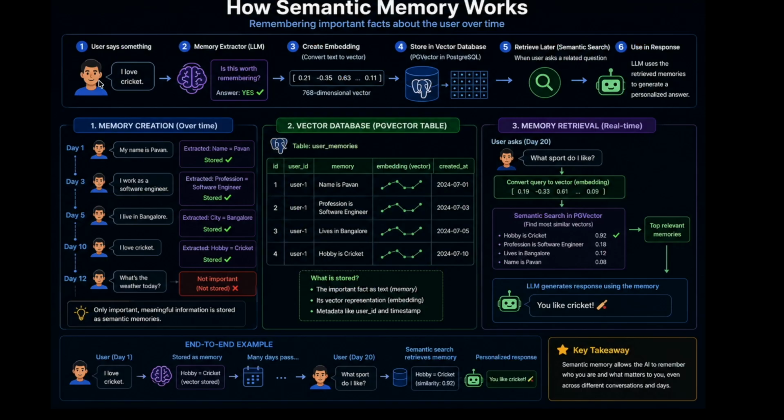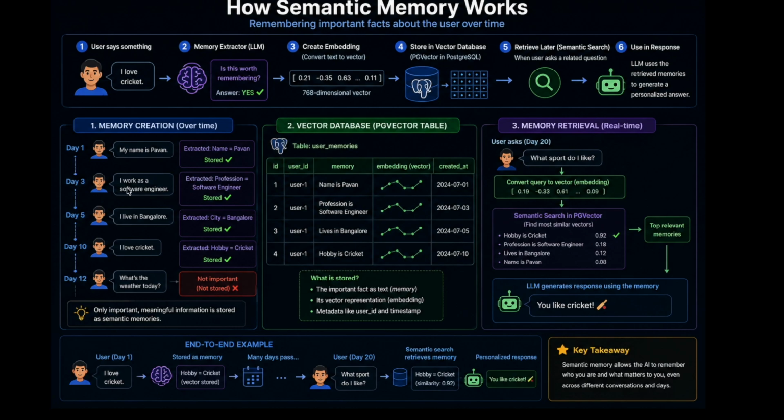Let's see in detail. As a user, if I say that I love cricket, memory extracts this particular information, that is nothing but the LLM, and it checks whether it is worth saving, whether it is worth remembering. If the answer comes as yes, then it will create the embeddings for the message the user has passed, and it will store it in the PG vector database, or it could be any vector database. Then when the same user asks a question, it goes to the database and retrieves the information,